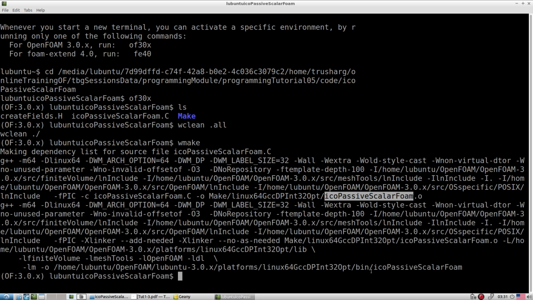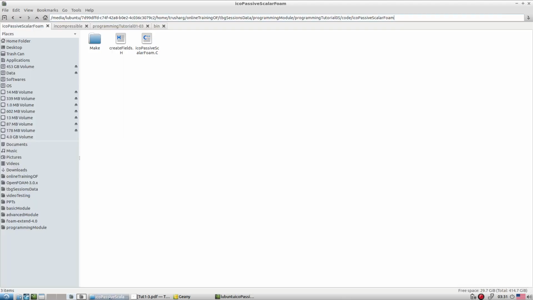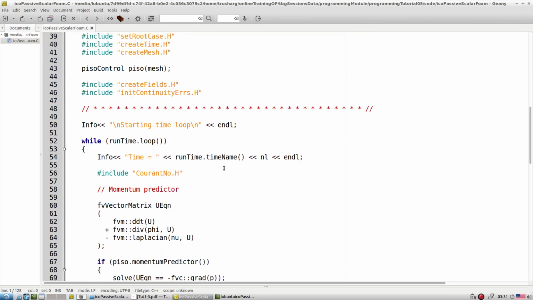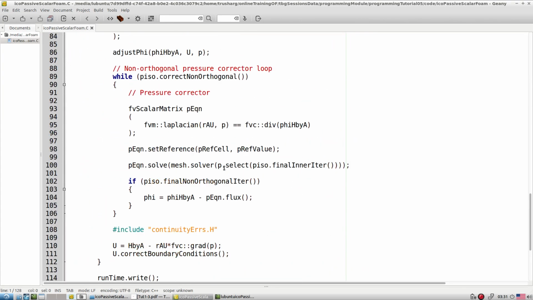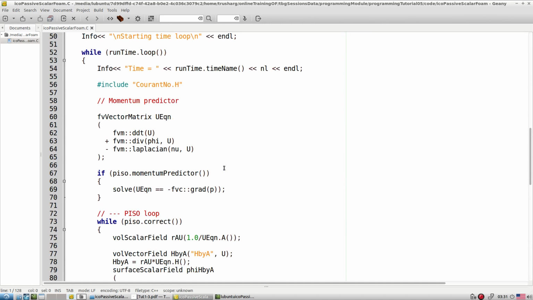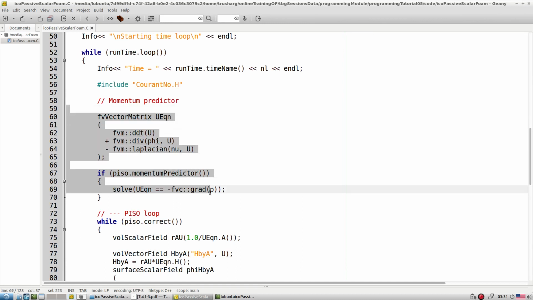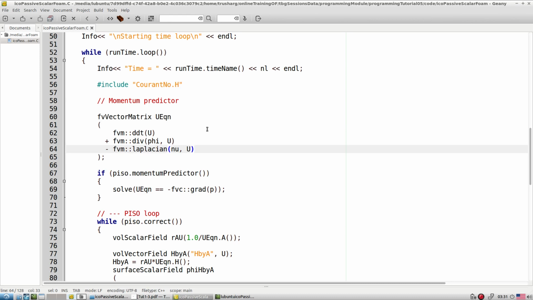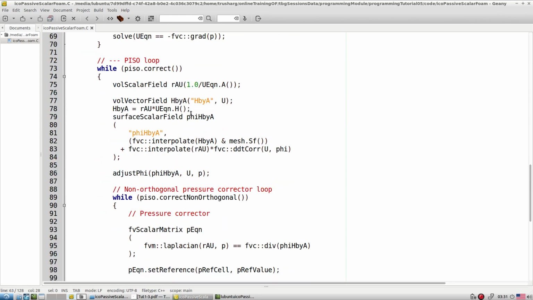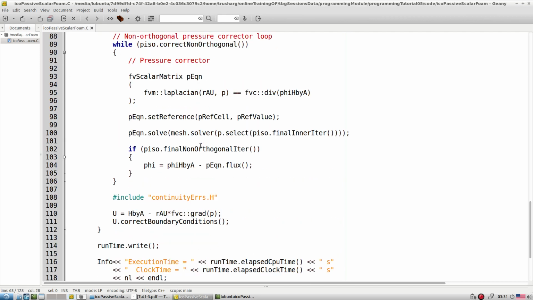Yeah, it's compiled well, so our basic structure is ready to go. Now let's modify it based on the requirement. Let's go to this file. If you look here, the entire solver is in a single file. So let me first segregate this entire solver into multiple files. Doing that is also fine, but let's first create the solver and then we clean the code.